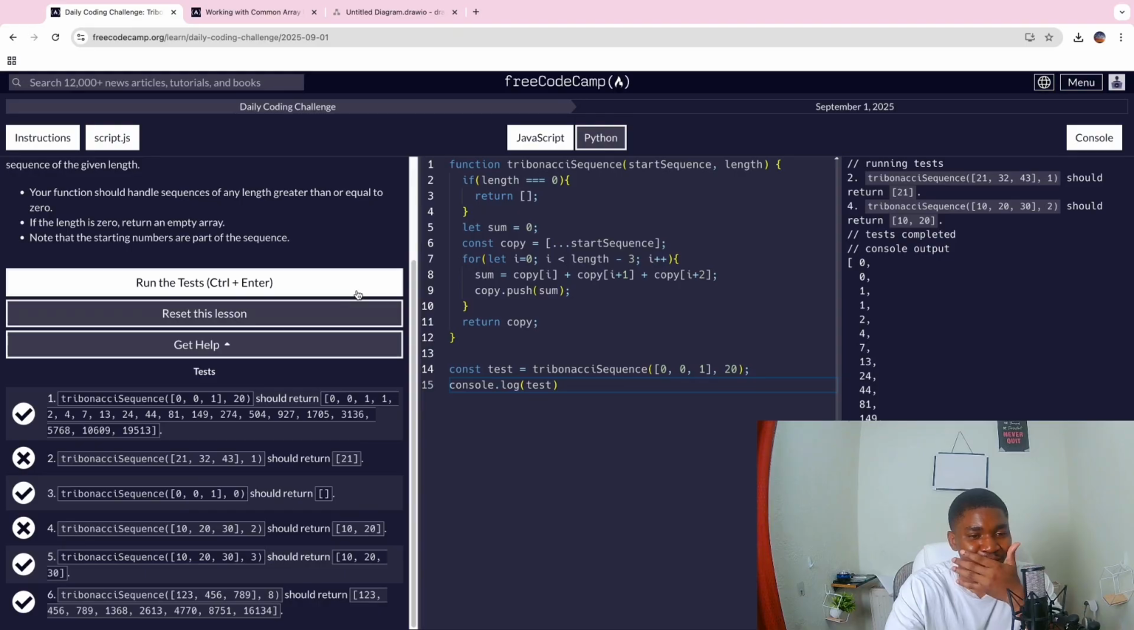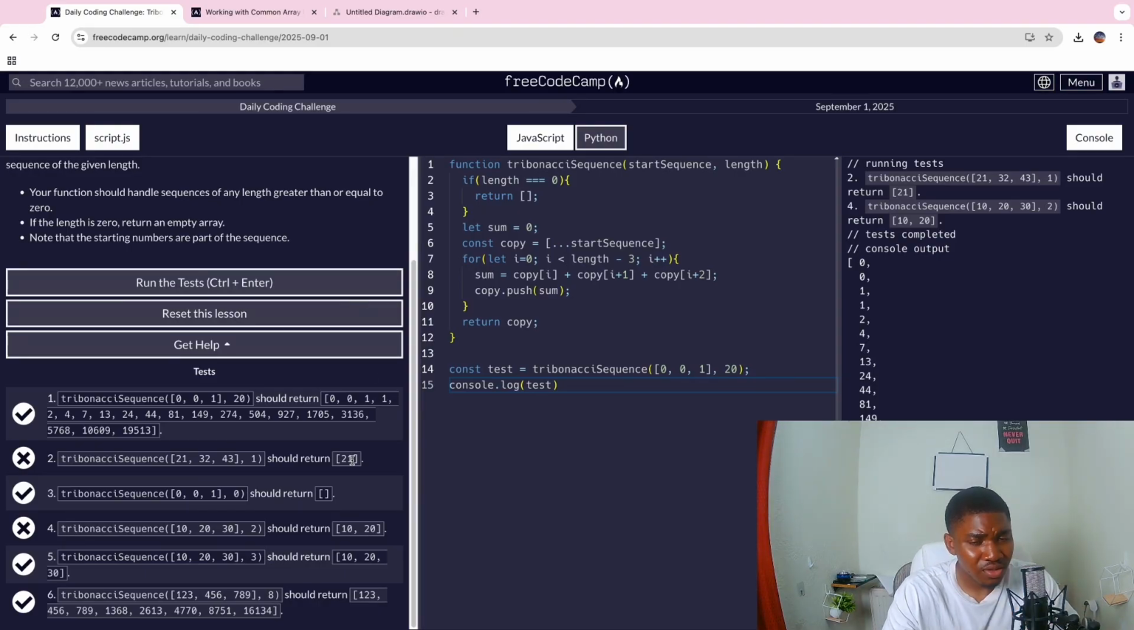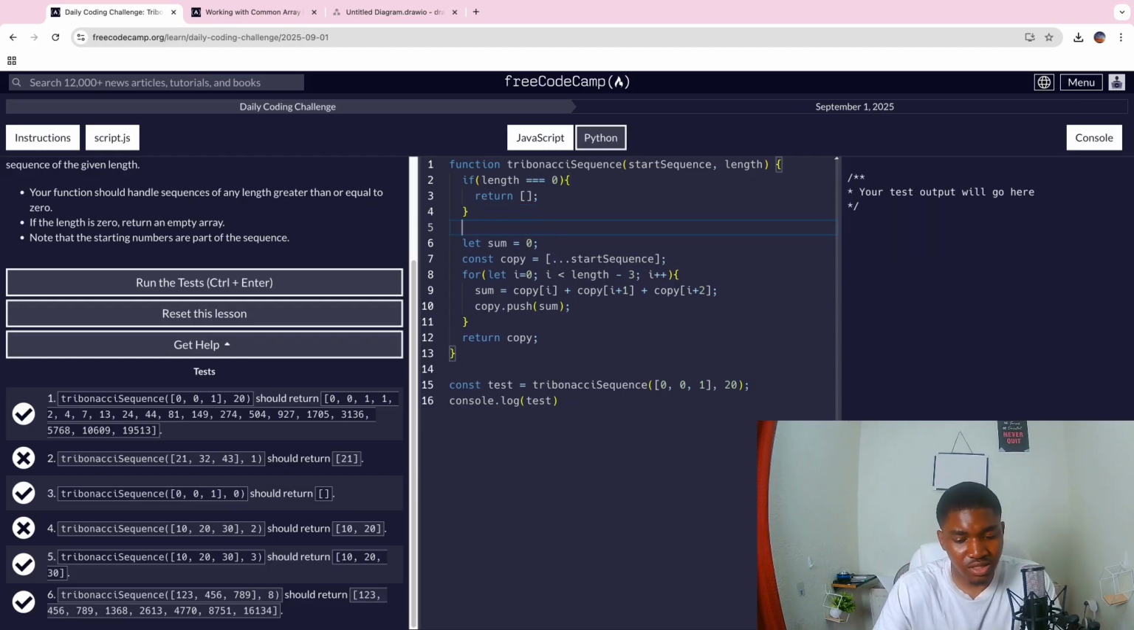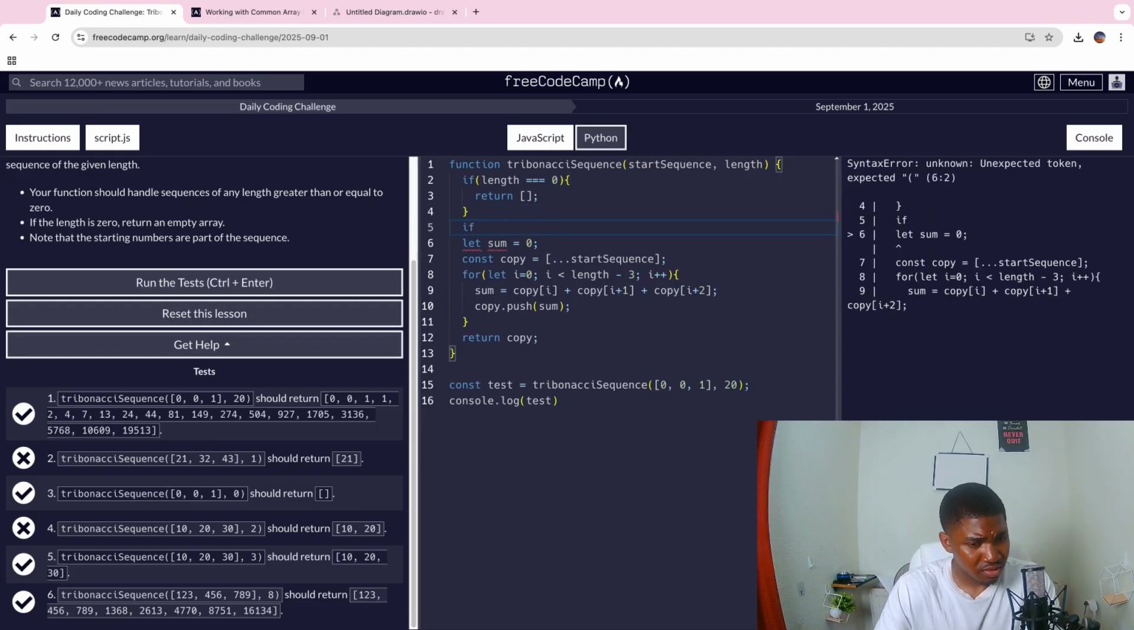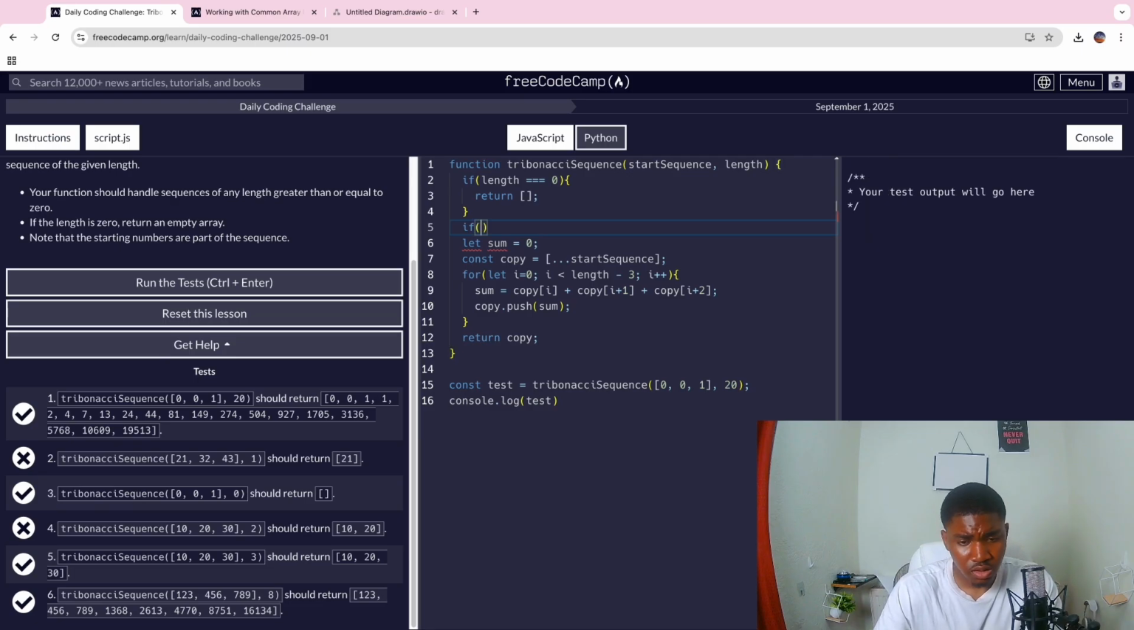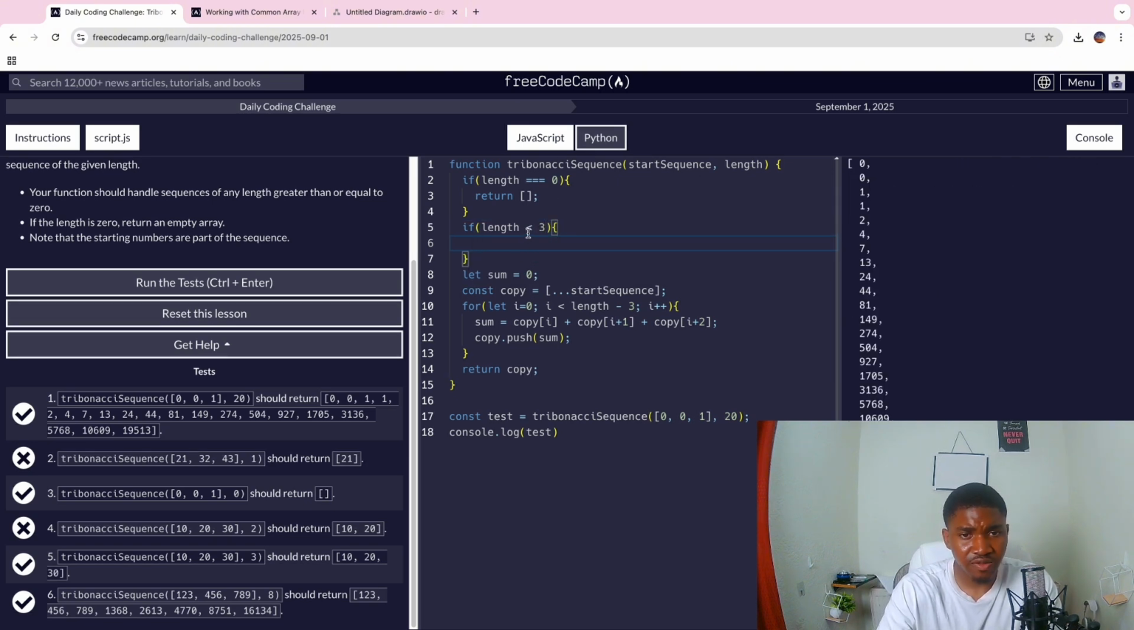Why'd you fail? Oh, come on now. This is not the reason why I should be failing. This is an easy thing. If length is less than 3 or equal to 3, return start sequence